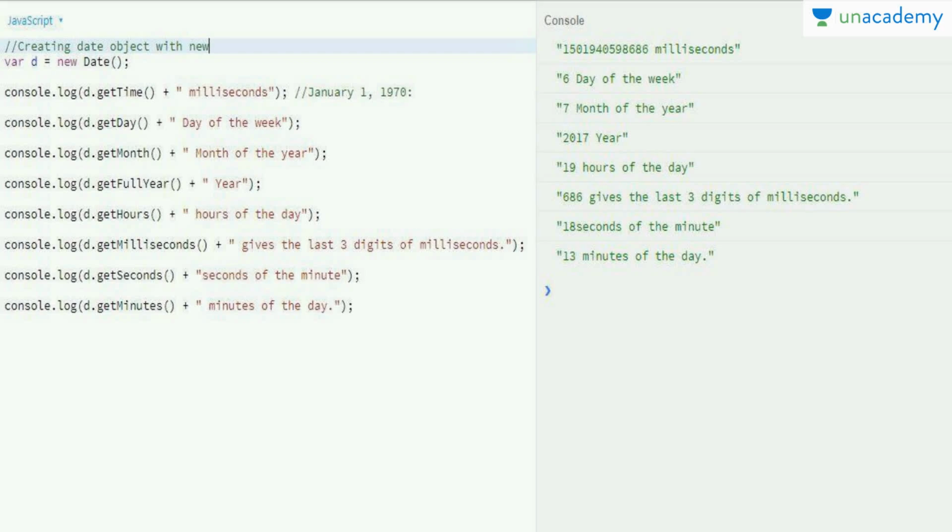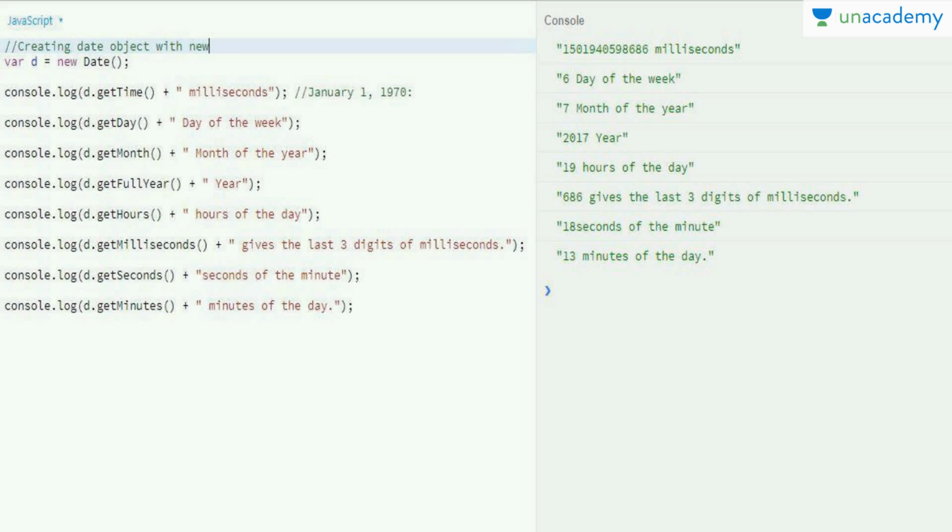So in this example you can see that I have created a new object variable D, and it is of date type. Now what does that line mean? So guys, I will give you an example. Suppose A and B are the mother and the father of C. So C is an object of A and B. That means C inherits all the properties of A and B. So this means that C has some properties of his mother and some of his father, or all the properties of his mother and all the properties of his father.